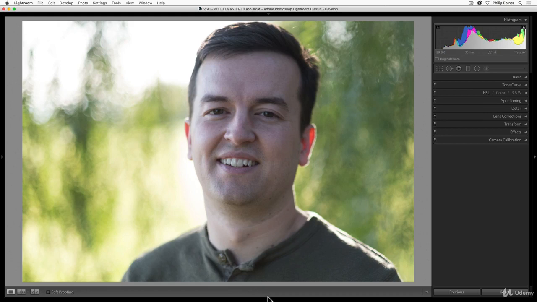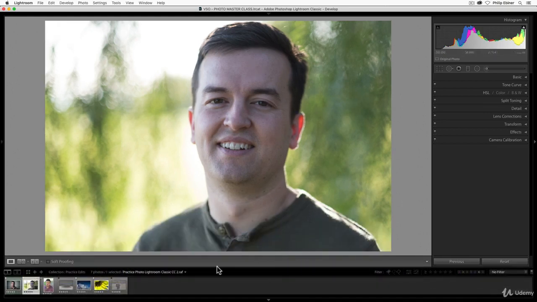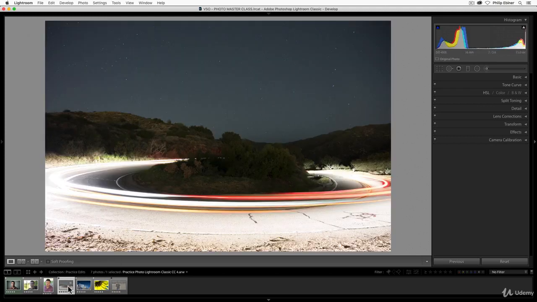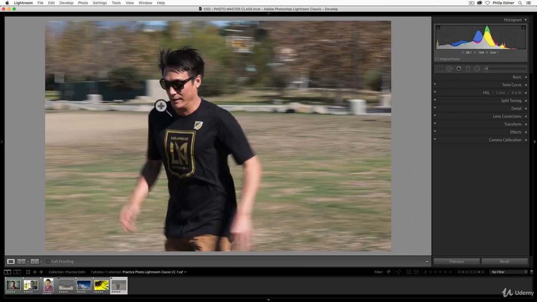Let me go find another image, and I'll show you a really cool trick. Let's say this one of Sam in the background. Okay, so in general, you want to make sure that your horizons are flat. This one's kind of tricky because there's mountains, so I'm going to stick with this one. Even though this is not a horizon, this is a good example.